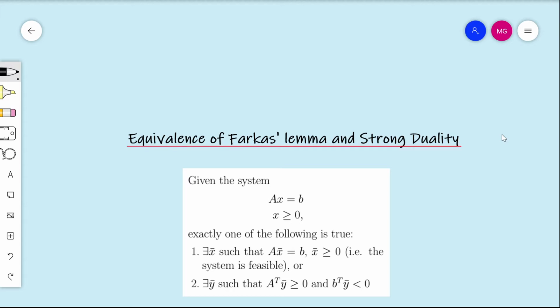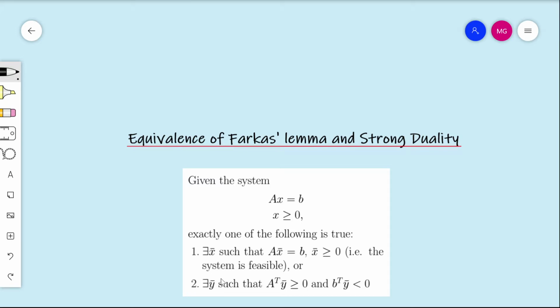So anyways, it doesn't really matter which order you prove things in because they all end up being equivalent anyways, but this was the route that we chose in this series of videos. Before we prove strong duality, let's just remind ourselves of what Farkas lemma is actually saying. It says that if we're given the system Ax = b and x non-negative, then exactly one of the following is true. Either one, there exists an x bar such that the constraints are satisfied, so this system is feasible,